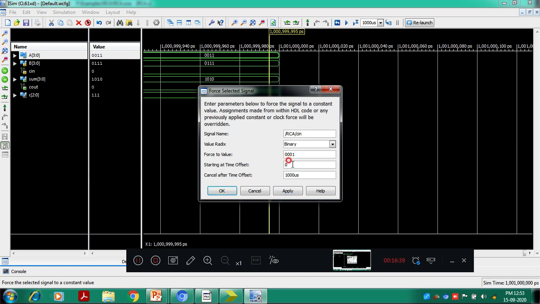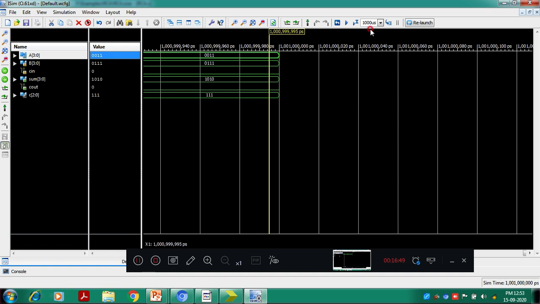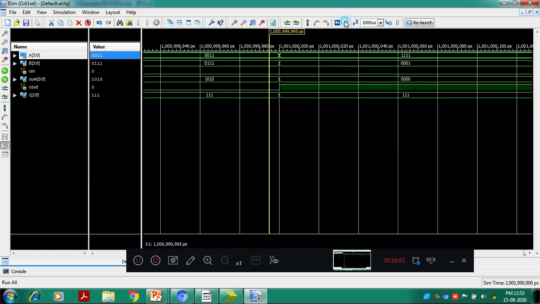And C in, let us say value 0. Simulate for another 1000 microseconds.